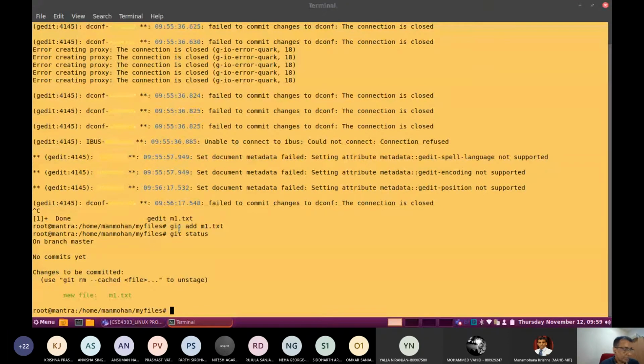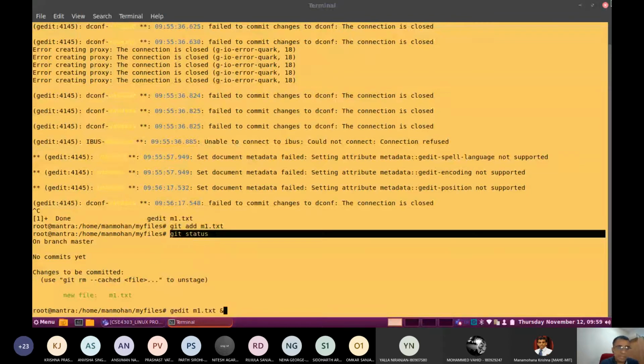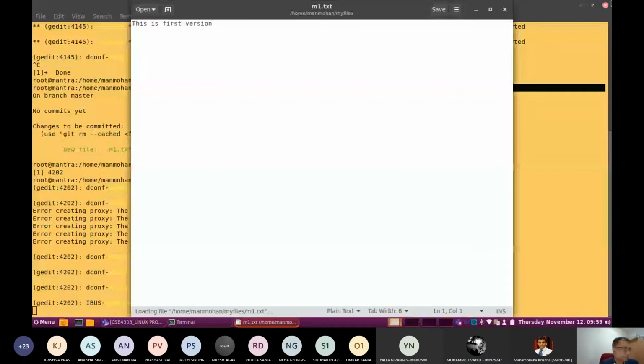Now assume that you want to open this particular file once again: gedit m1.txt and ampersand. Then try to make some changes. My second edit, a simple change.